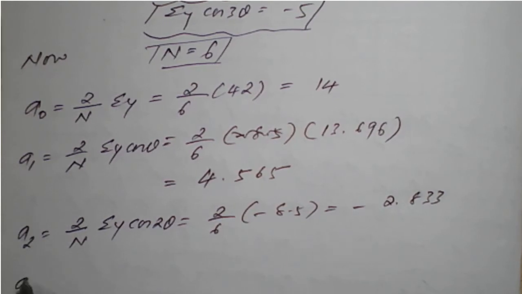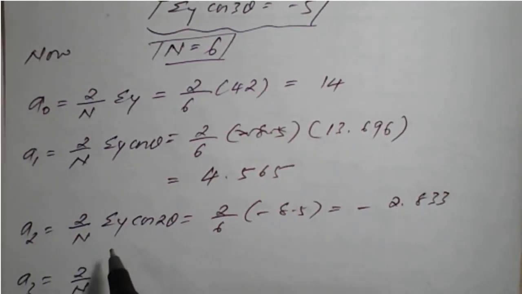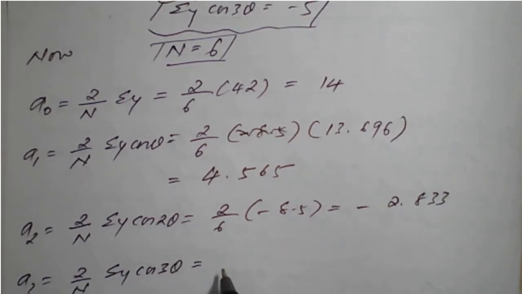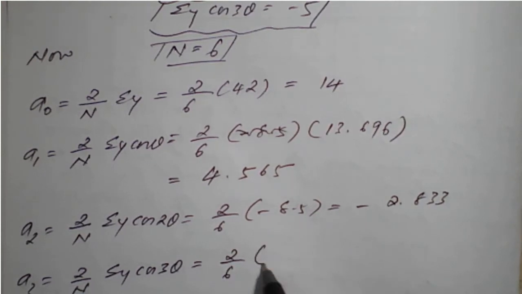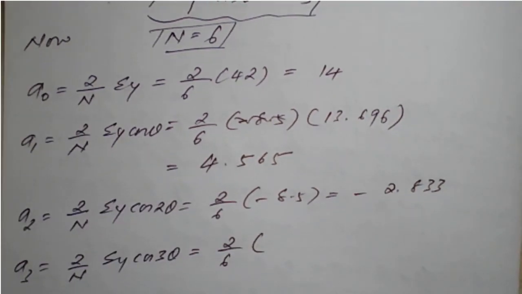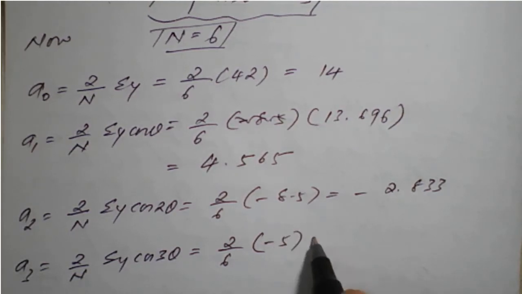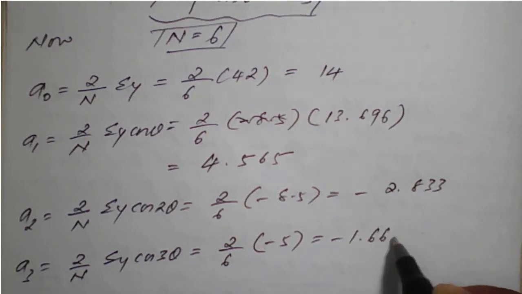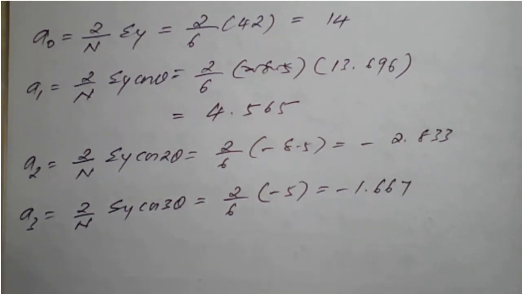Lastly, a3 is 2 upon N summation y cos 3 theta, which is 2 upon 6 into the value of y cos 3 theta, which will be minus 5. So it is nothing but minus 1.667. Therefore